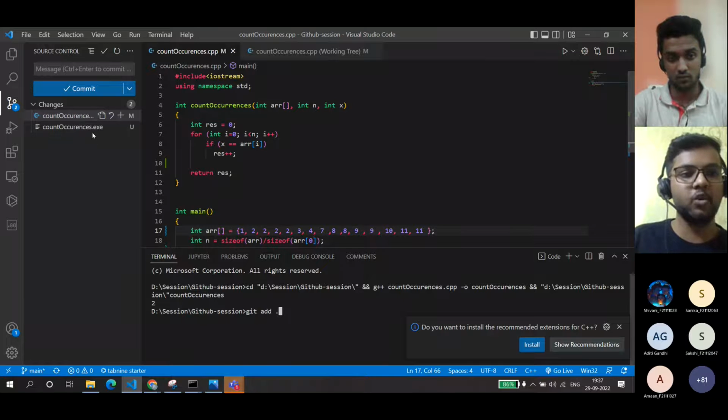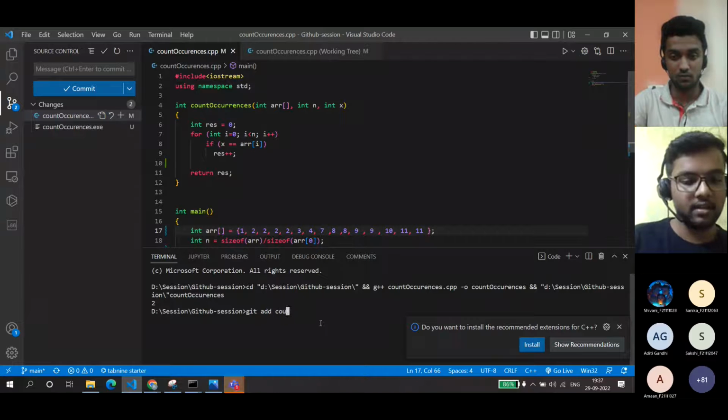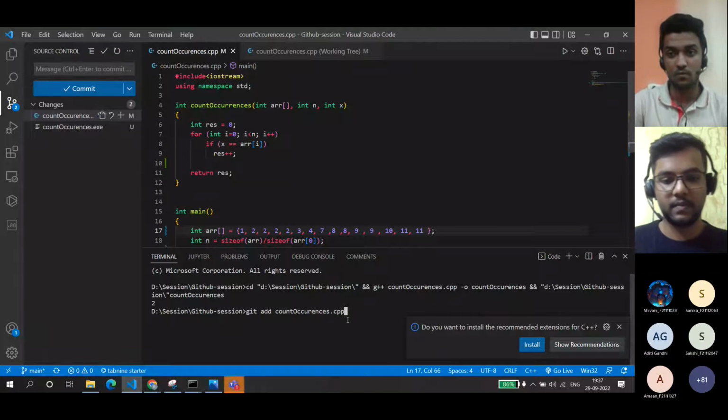This .exe file, I don't know where it came from, but we have not altered it. So we do not want that file to go into our staging area. So we will only add count occurrences.cpp. The spelling is right.